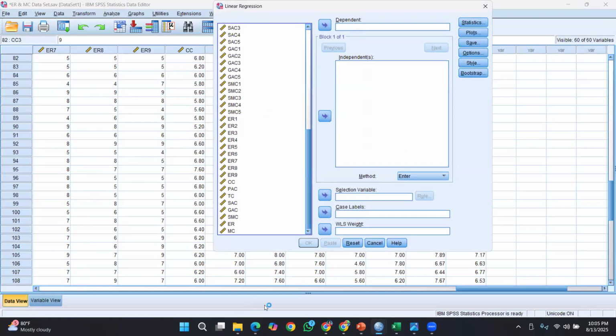It's employee resilience. So we input it, and then all other independent variables have to be included into this.